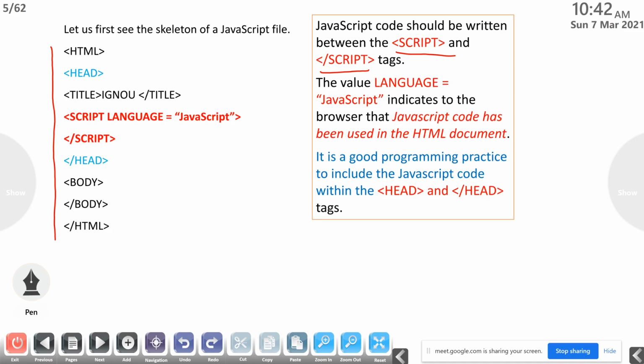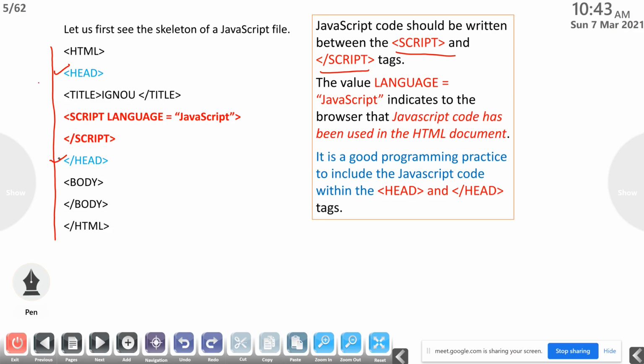It is compulsory. And we normally write the code between the head and /head tags. It is not compulsory, but by practice we write it between head and /head. If you want to write the code in the body part, that is also possible. We will discuss how we can write this code between body and /body. So JavaScript code should be written between the script and /script tags. That is the first thing.